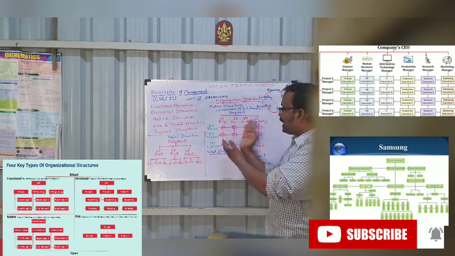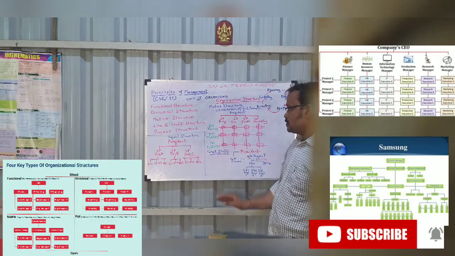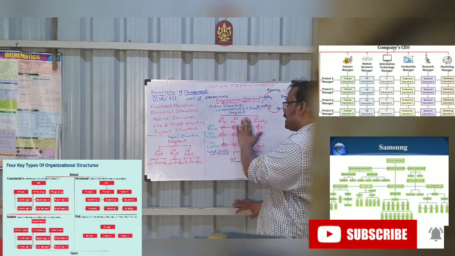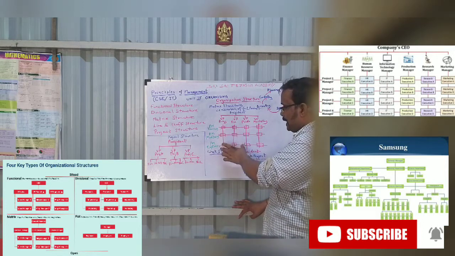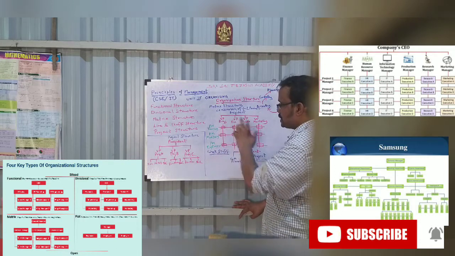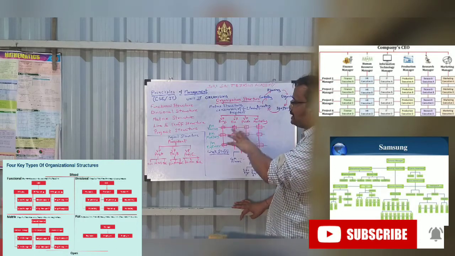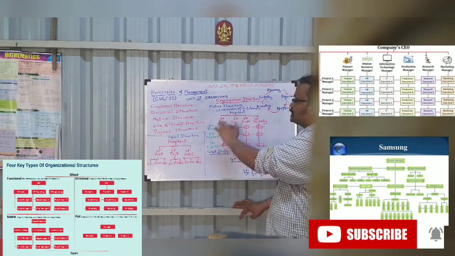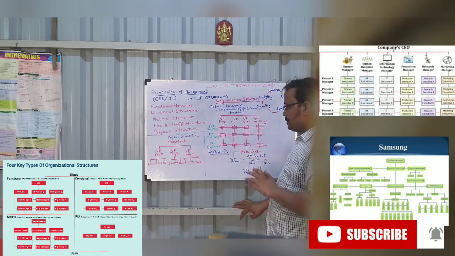So there will be an overlap of the functions. So he needs the help of finance, he has to take reports from marketing and production. So this will be a matrix structure. Okay. So the main thing is function and product; the combination of function and product is matrix structure.